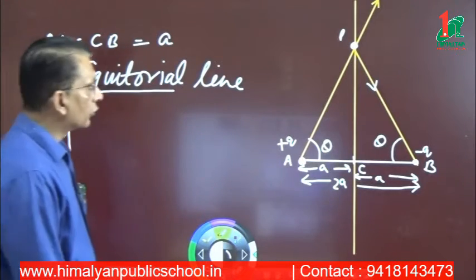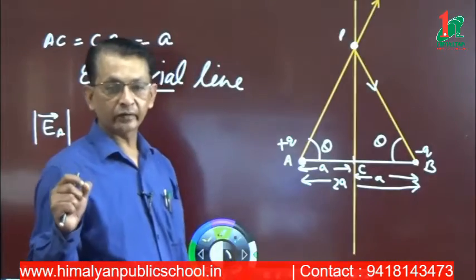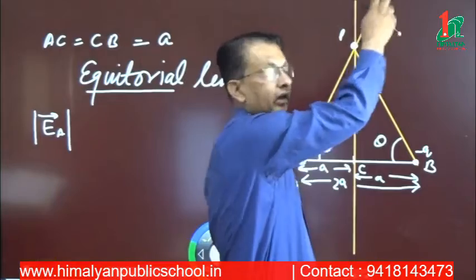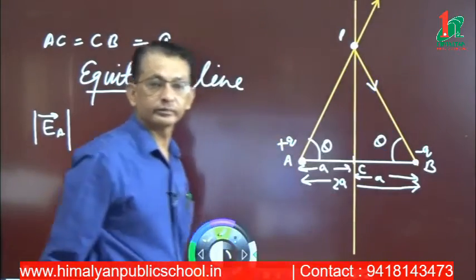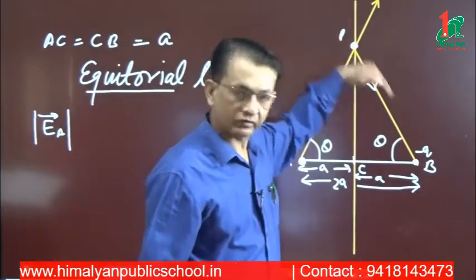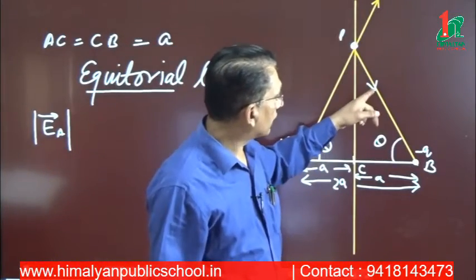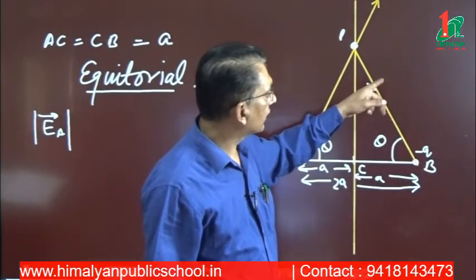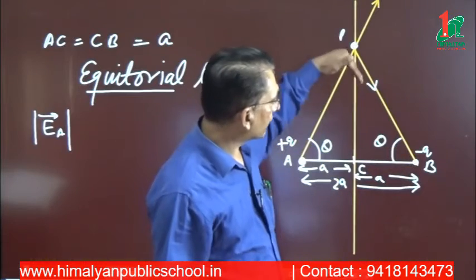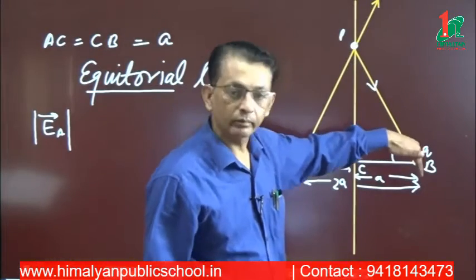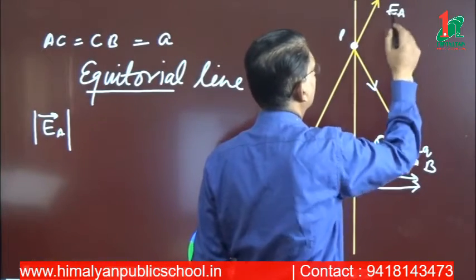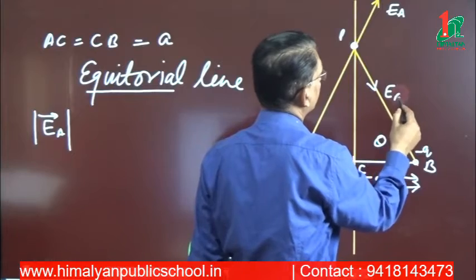See, yesterday I told you that the direction of the electric field due to charge plus Q is outward. That's why this arrow is like this. And electric field due to charge minus Q is towards the charge. That's why this arrow represents the electric field produced by charge minus Q, towards B. So this is the electric field EA and this is the electric field EB.